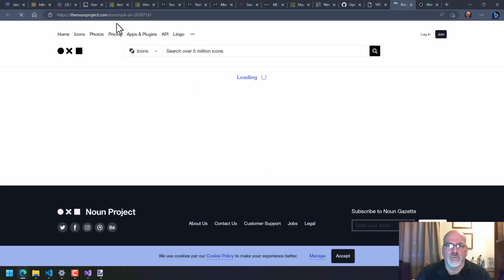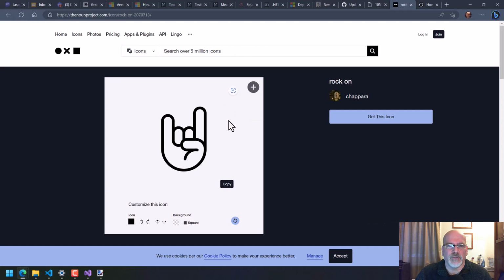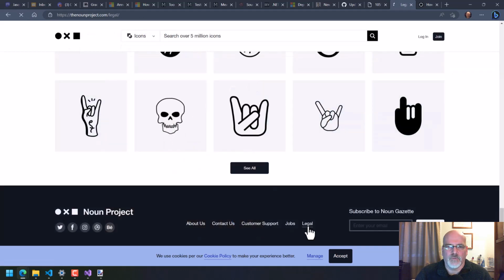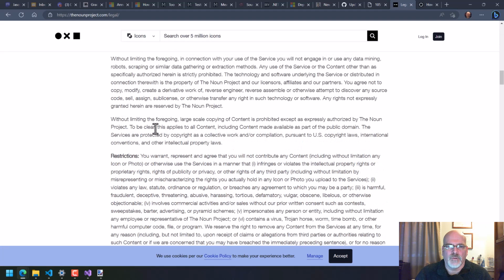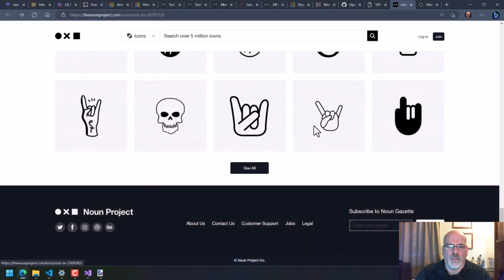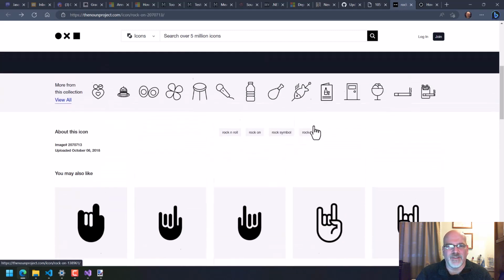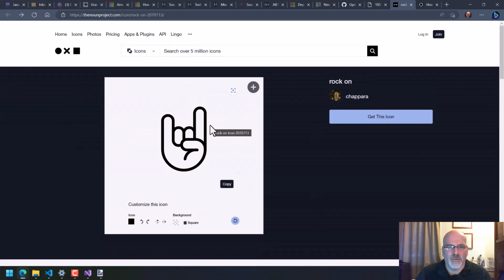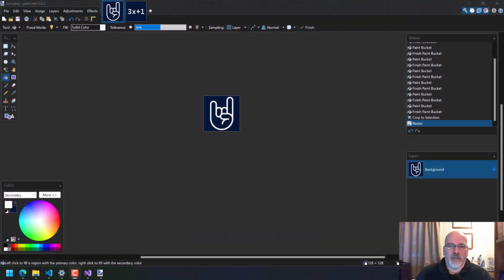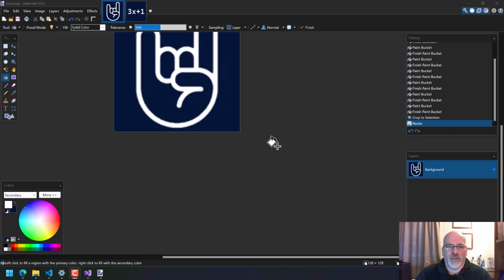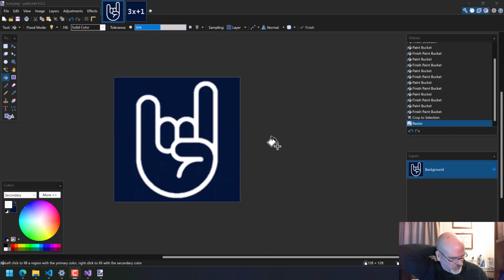Well, that was bizarre. What's the legalities in this? To be clear, this applies to all content, including content made available as... You're not really helping here. Fine, hold on. Okay, well, I did it wrong. This is under a license that basically just says you can't modify it. You have to keep it the black color. So, you know what? What I'm going to do is say a file